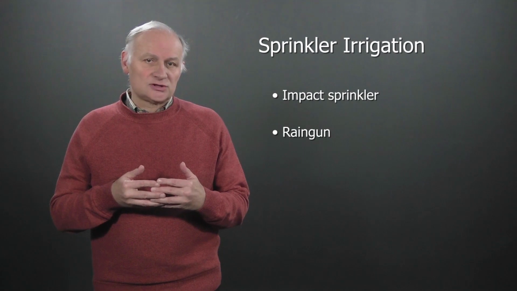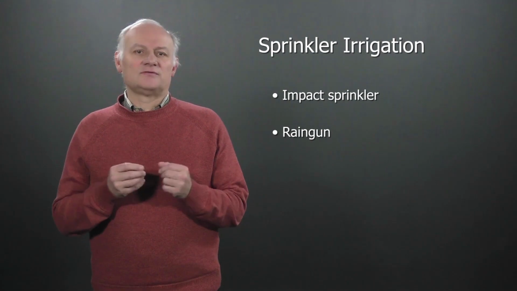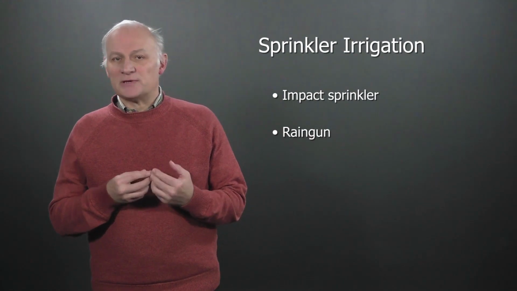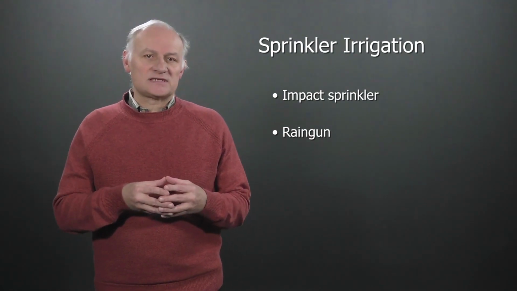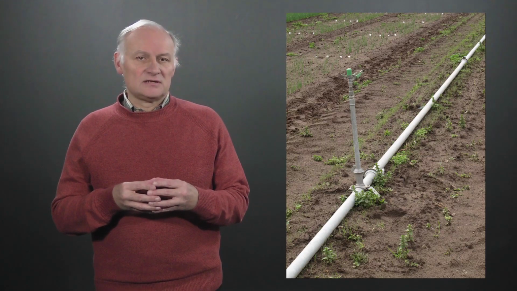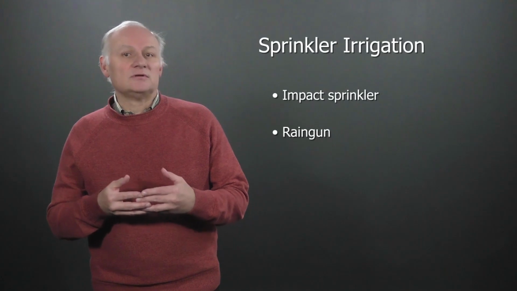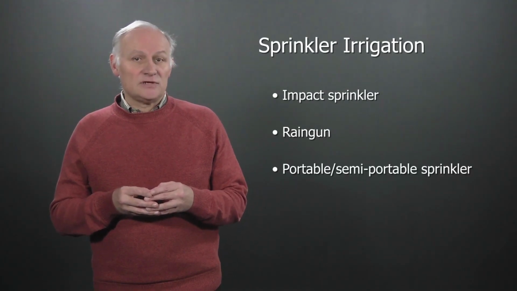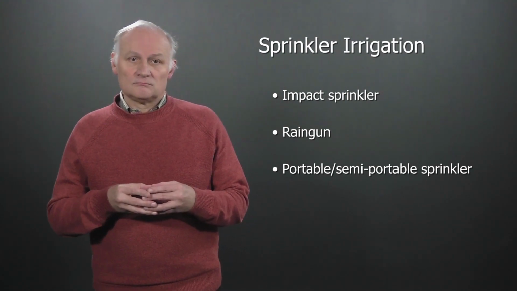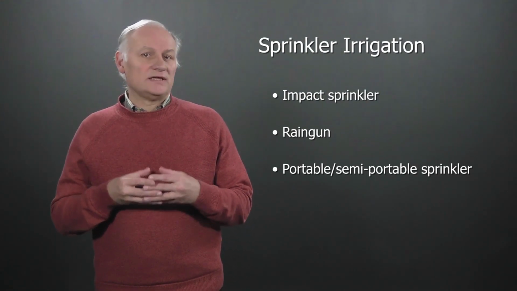As each sprinkler serves a larger area, we only need a limited number of sprinklers to wet the entire field. In addition, in between irrigation turns, some sprinkler systems, including their pipes, can be moved around so that the amount of equipment needed for covering a large area can be rather limited. We call that portable or semi-portable sprinkler systems. However, each time we move them, they need some labor. But during the spraying itself, during the irrigation, they don't need to move and they don't require labor.